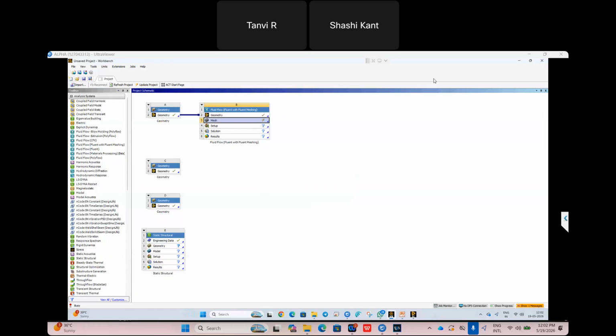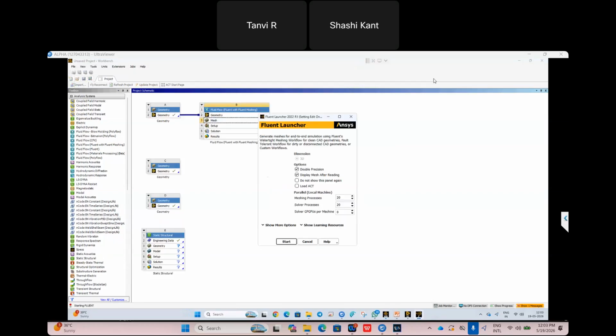Then we will choose a turbulence model, whatever we want to use. Then we will hit solve. Once we solve, we can see the response of the aerodynamic shape, where we are getting a higher drag coefficient, or how much drag force there is.